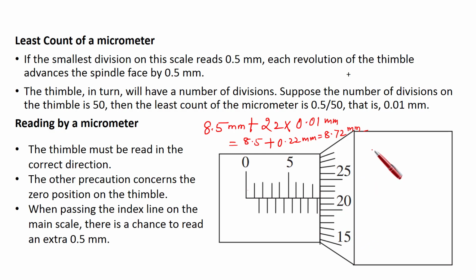Let's suppose this is rotated in this direction, as you can see, right? 0 is this side, so when you are rotating, then 50 will come. As soon as 50 comes here, that means again the 0 will come here. That time what will happen? This bar is there, so another bar here will start appearing. Clear or not? Next again 0 will come, so the next bar will start appearing.